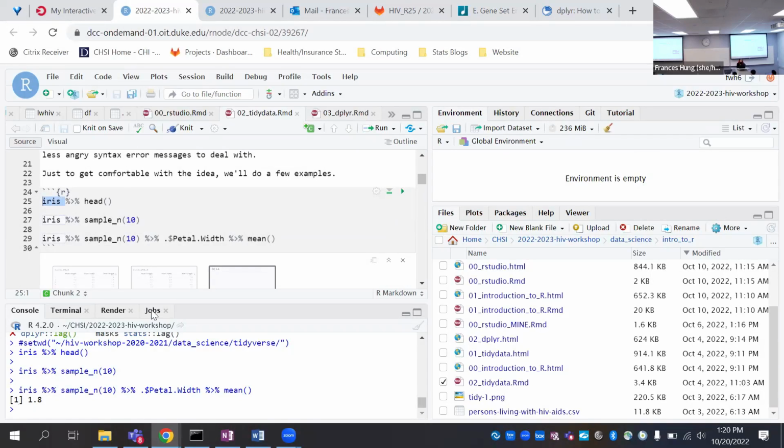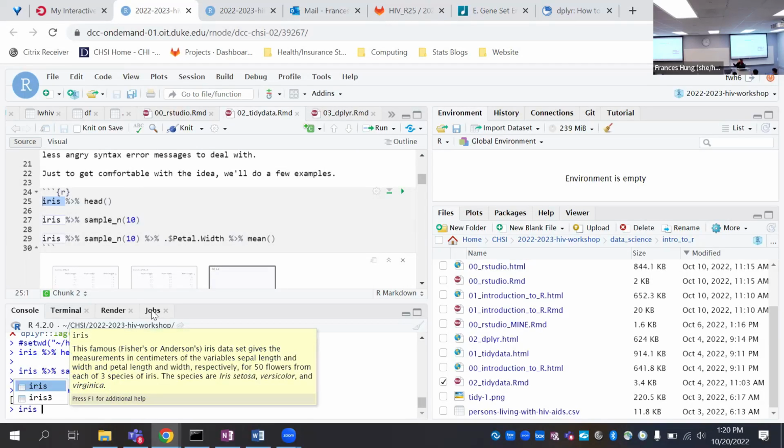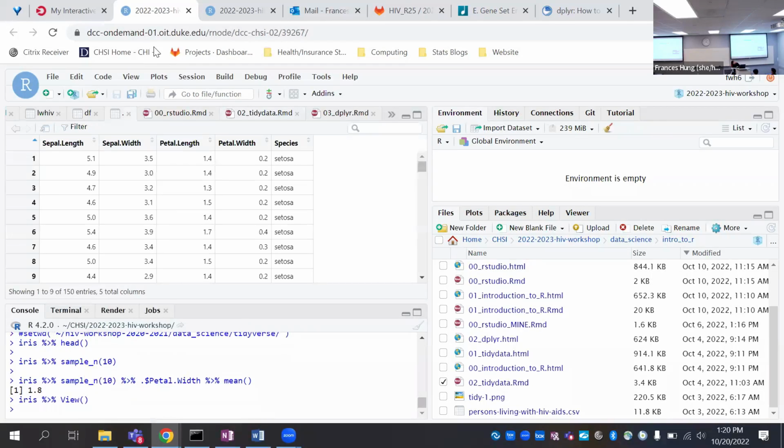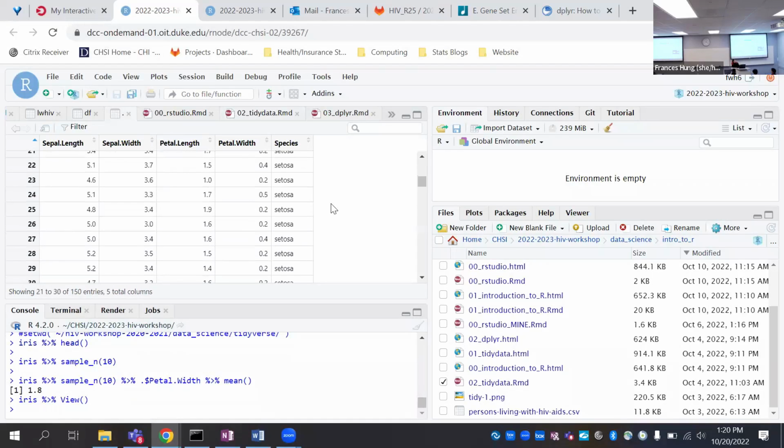So if you want to take a better look at what Iris is, go ahead and type it into the console. And let's use this pipe actually to do something. Let's use this pipe to make it pop up as a data frame that we can look at entirely. So if we do Iris pipe view, and you press enter, it's going to pop up in the top left-hand corner, and you can scroll down and see all of the values. Any questions? We just use the pipe to view Iris in its own little data frame at the top.